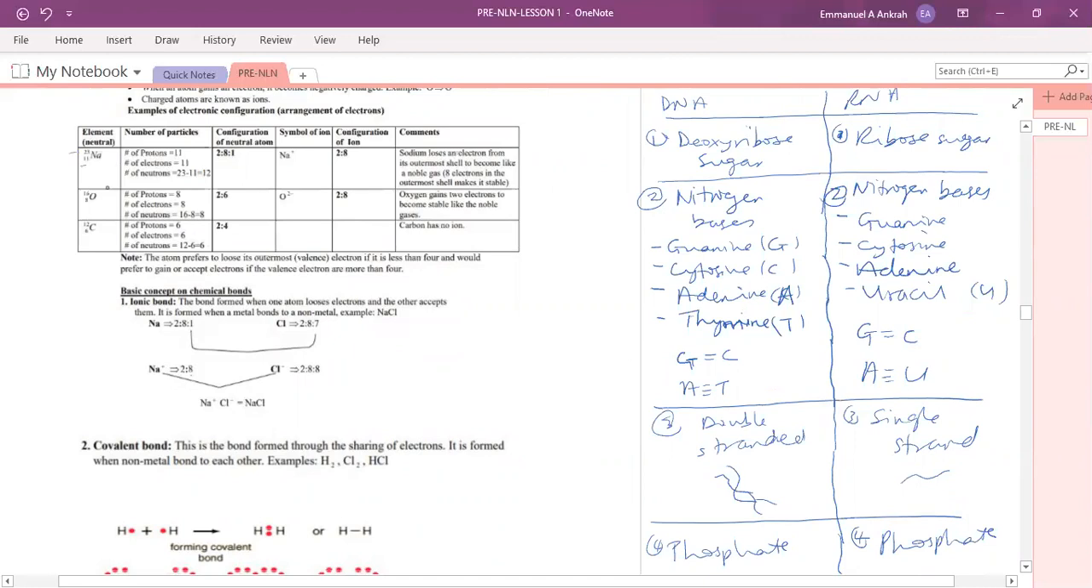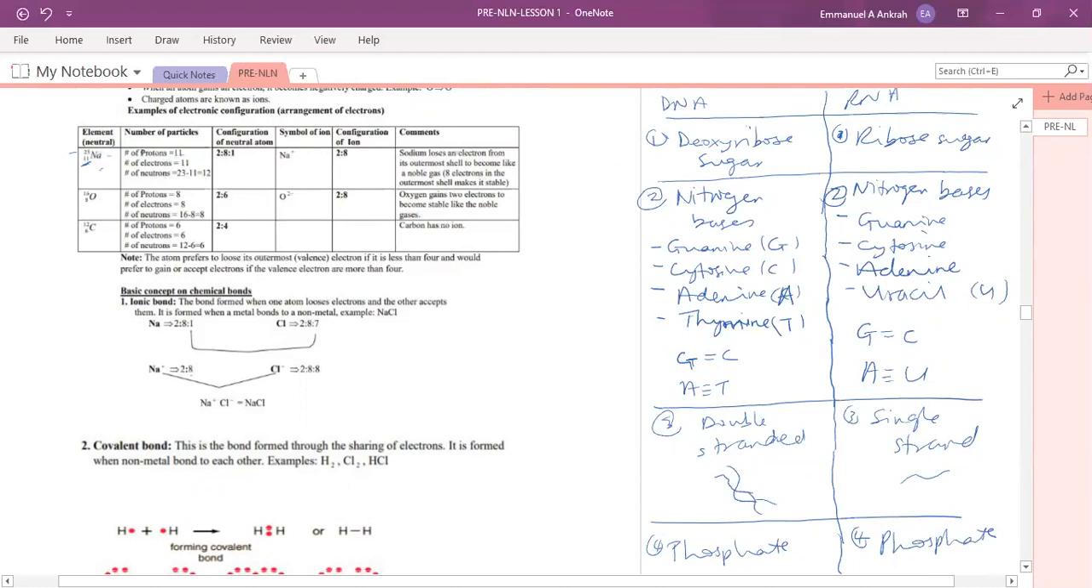We said that the atomic number, which is 11, is equal to the number of protons. So I have 11 as the number of protons. Now the number of protons, as we said, is the same as the number of electrons, if there's no charge on the element. So it means the electrons would be 11, but there's no charge here. Then the neutrons,